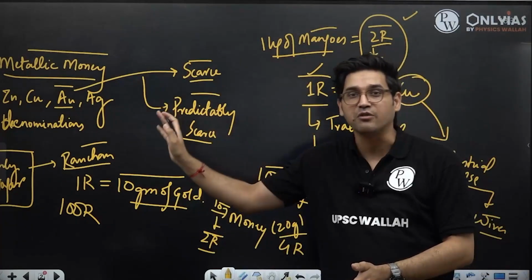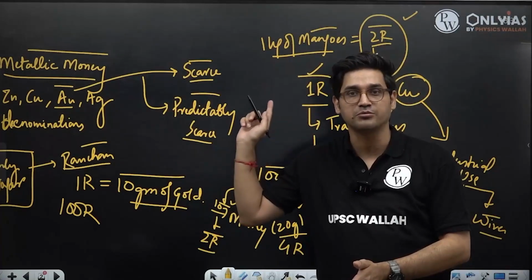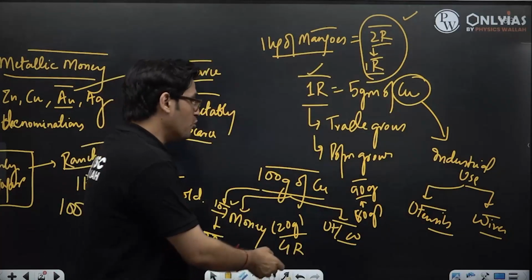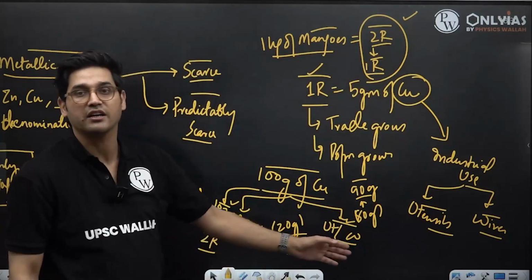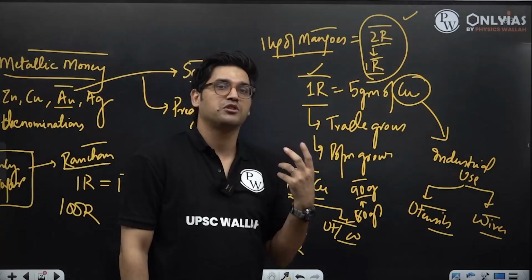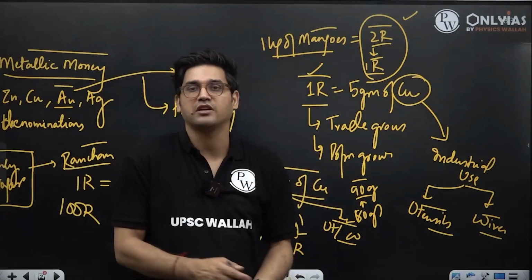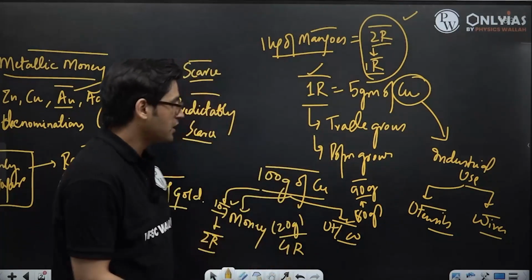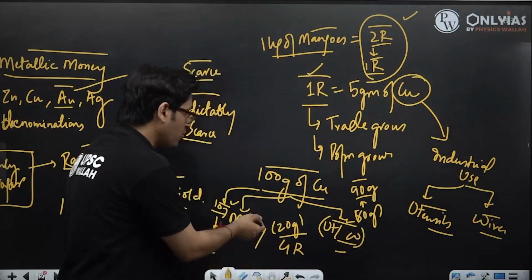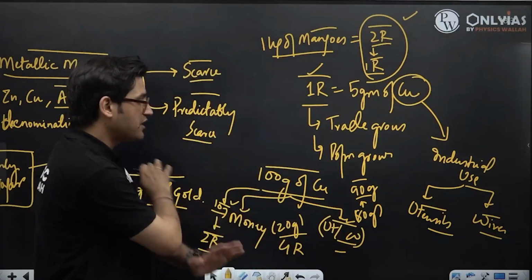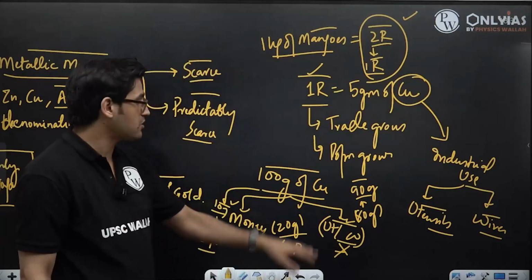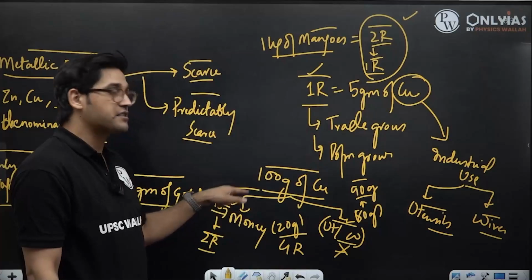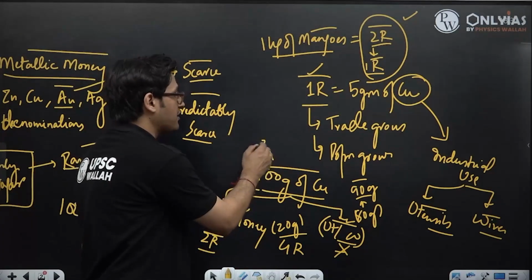They're not going to use them for exchange purposes. And this is a problem. Similarly, the other way around can also happen. If the economies move away from utensils and wires, if they now want to make, let's say, utensils made of mud or wood, if they want to make wires made of other metals, that means the copper is now going to be only used for making coins. Imagine if there is no use of copper for utensils and wires, that means all the 100 grams of copper now is available for us to make money from. And in this case, 100 grams of copper is going to give you 25 ranchans.